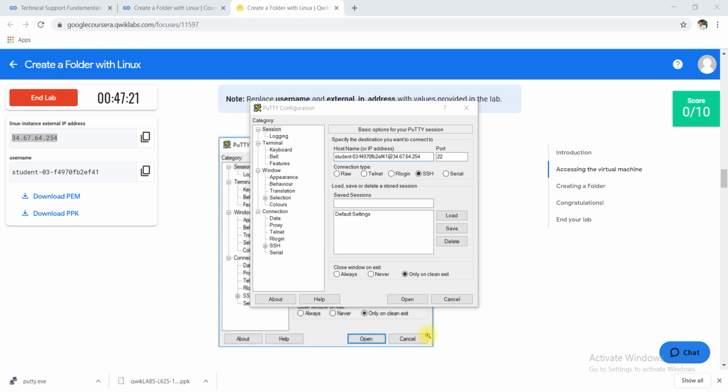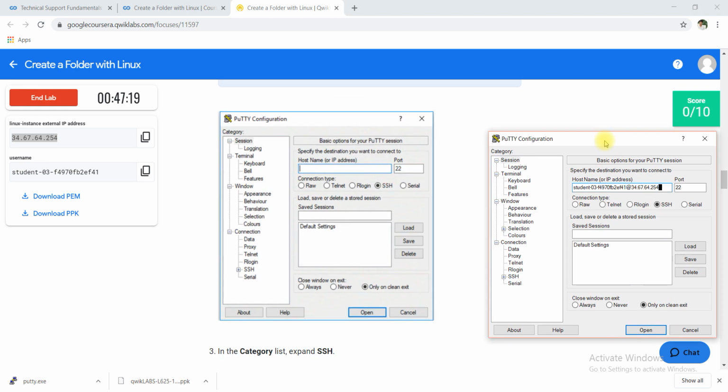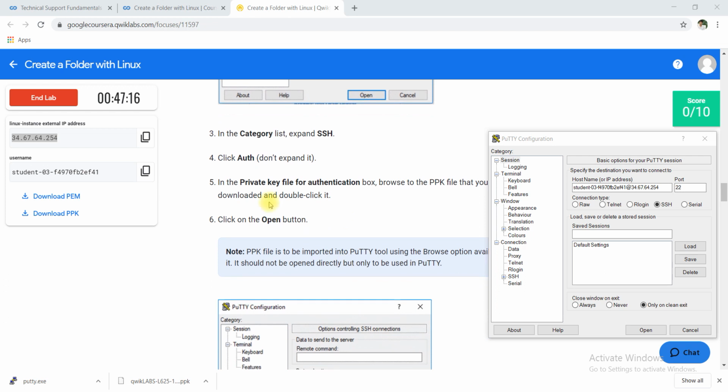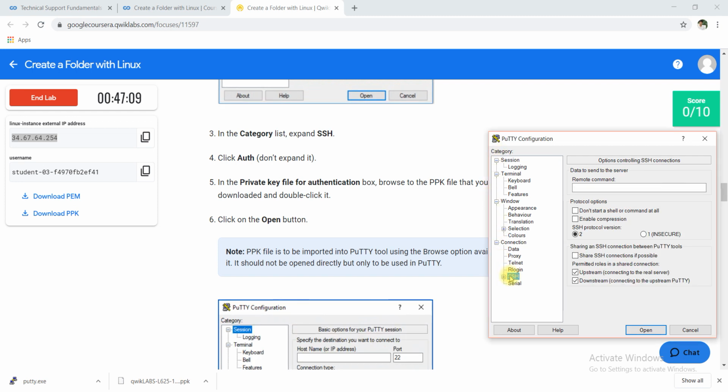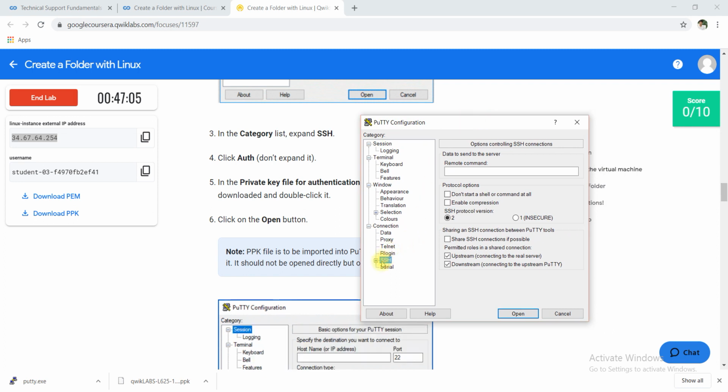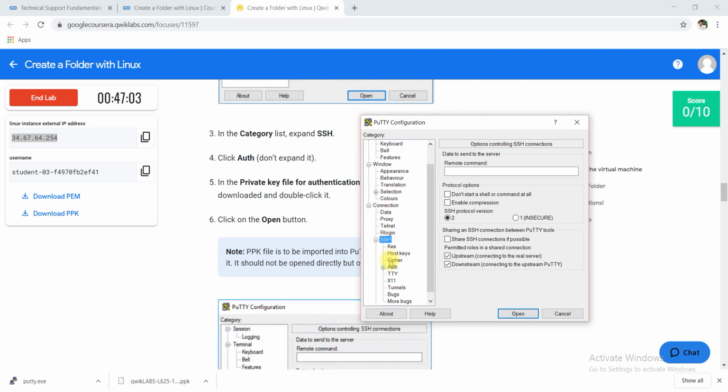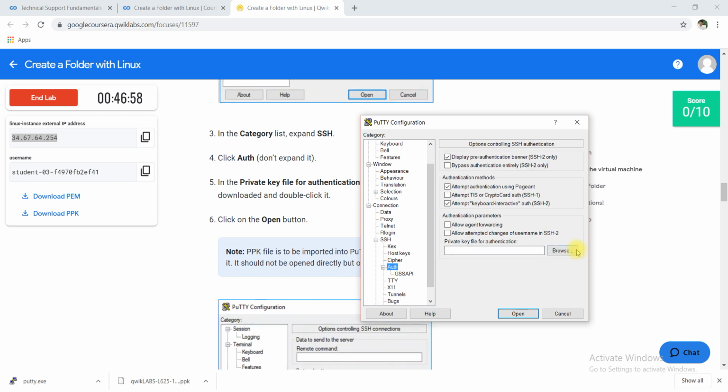In the instructions you can clearly see that I have to upload the PPK file. How to upload it? Go to the category area, Connection, then SSH, and there is Auth for authorization. In authorization there is a Browse button.